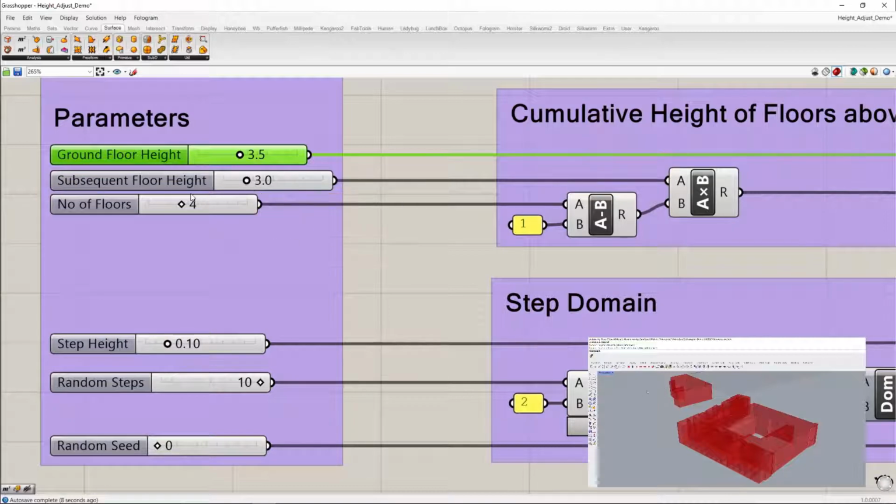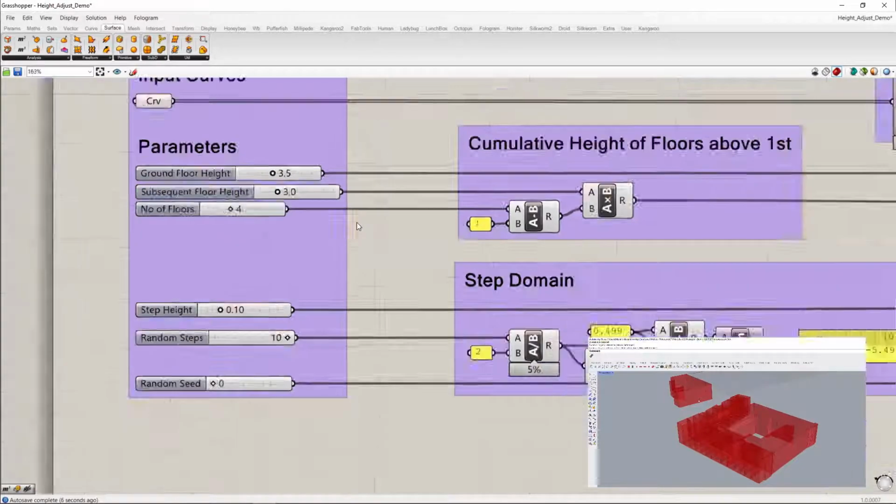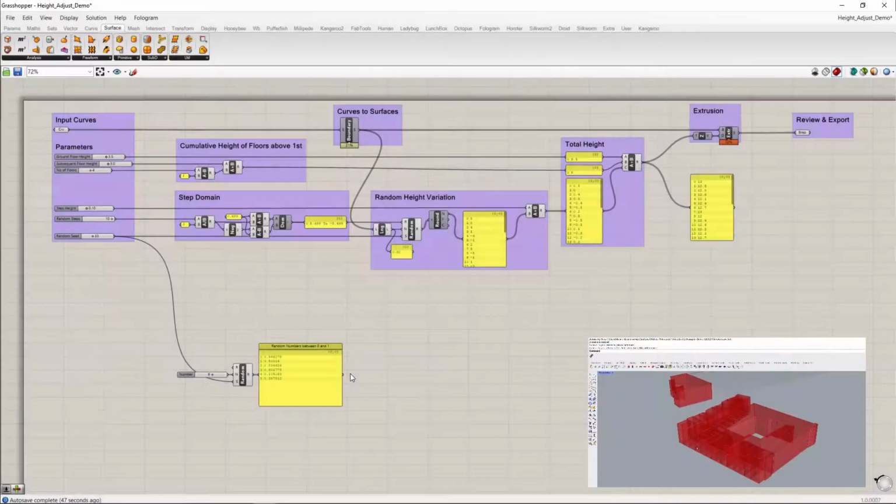This would be equal to the total number of floors minus 1, multiplied with the multiplication block by the chosen height of these floors. Both these parameters can be defined by further sliders. As you can imagine, each mathematical function gets its own block, and I shall not keep repeating them. Finally, you add or subtract a little bit from each building to create the variance.